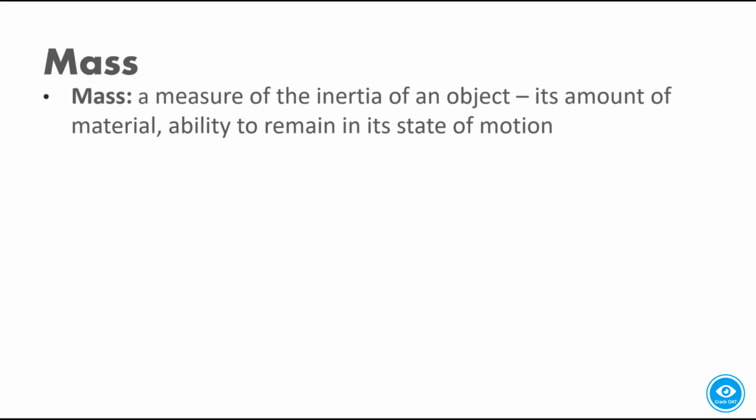So inertia, as we mentioned before, is the tendency for an object to remain in its initial state of motion. So if it's not moving, it tends to stay unmoving. If it is moving, then it tends to stay in motion. Now, if it's moving at constant velocity, it'll keep moving at constant velocity, unless there's a force acting on